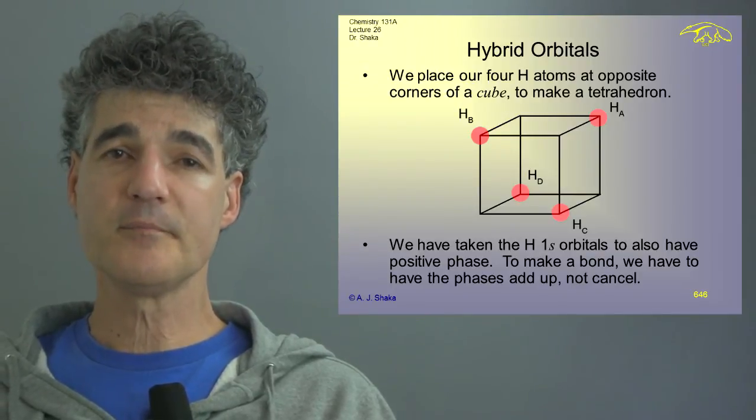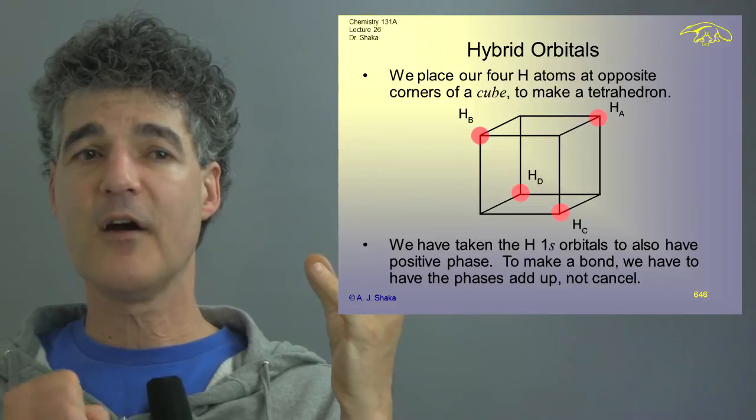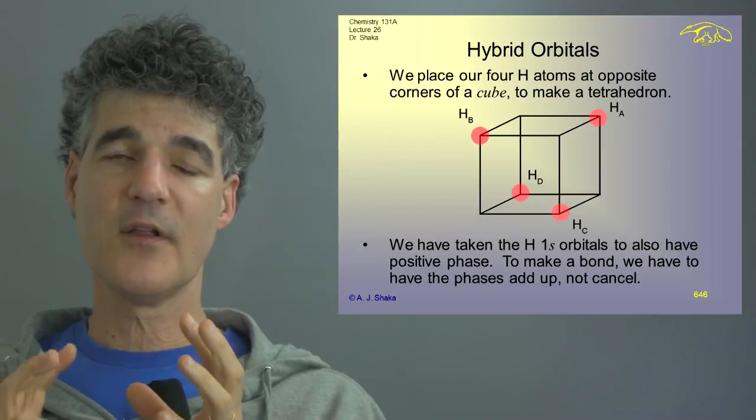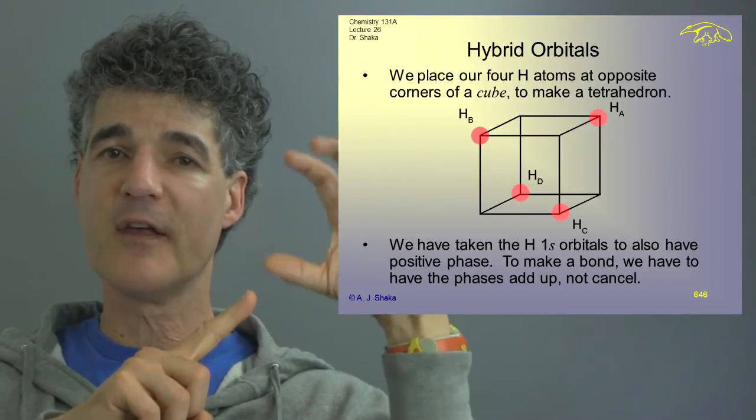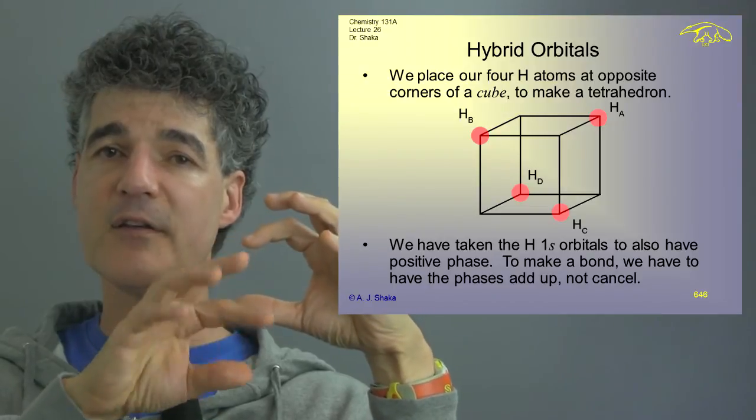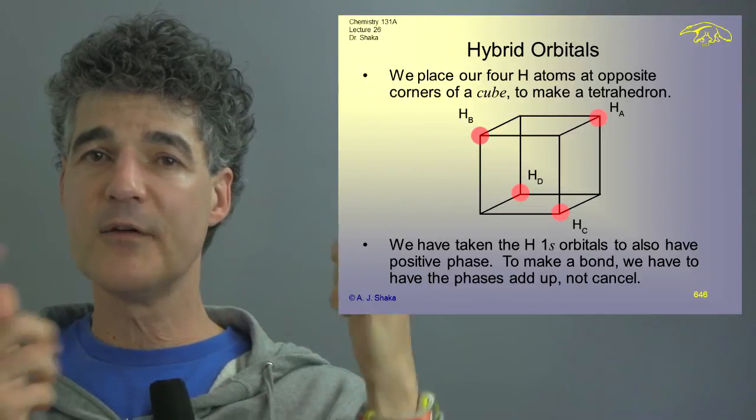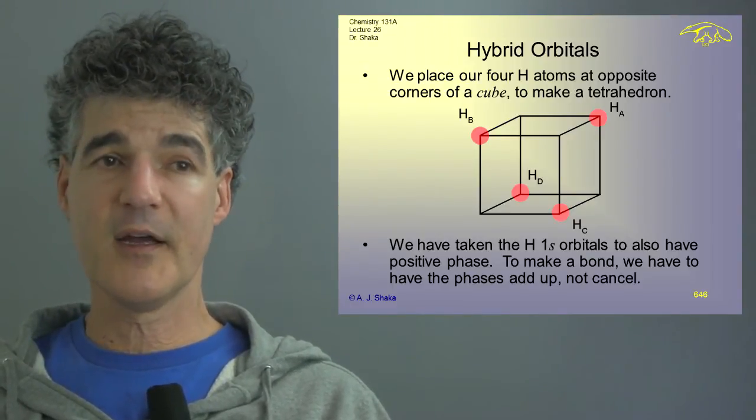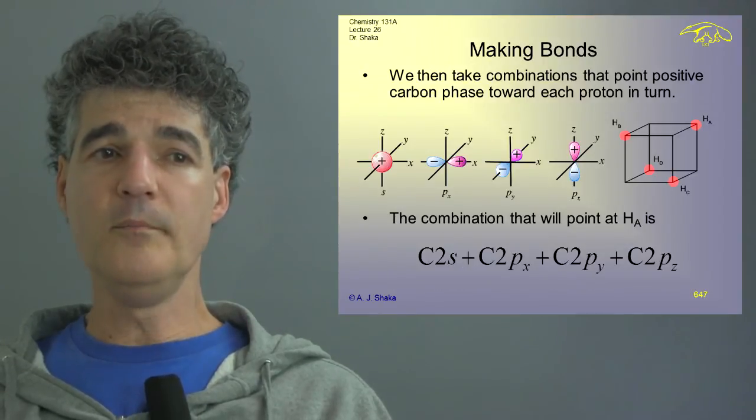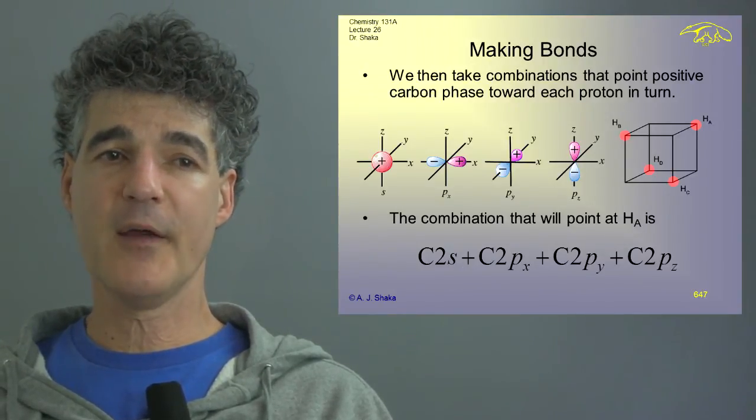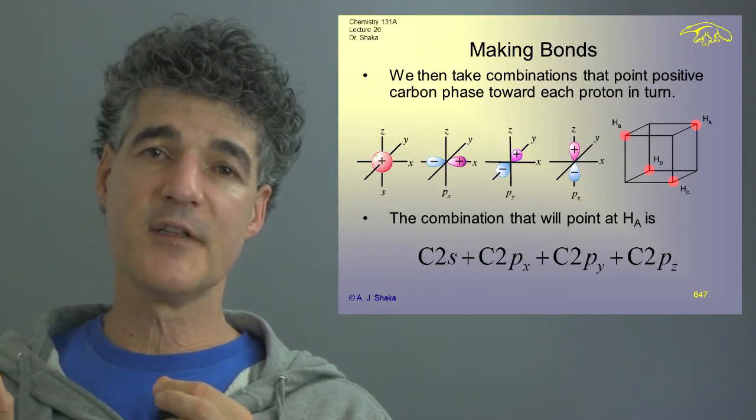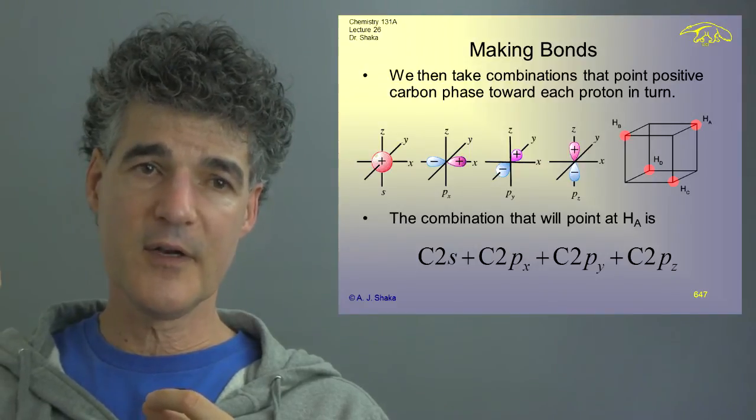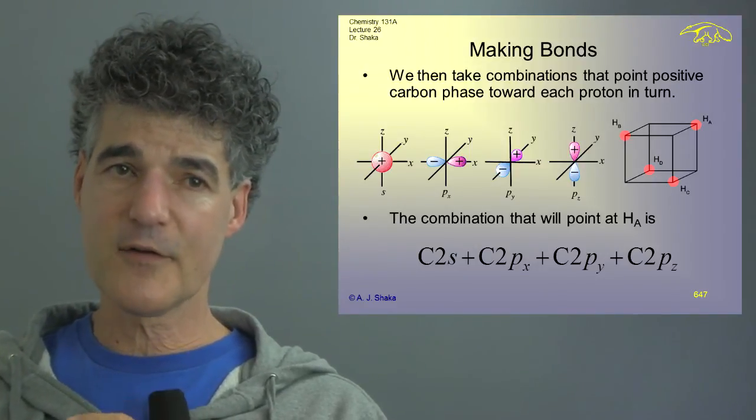Now, to make a bond, if the hydrogen's red, the carbon's in the center of the cube, what I need to do is take a combination of those guys so that I get a red thing pointing at the red thing that's the hydrogen. Then I know they can constructively interfere and 2 electrons can slot in there and I can get a bond. And that's the idea then behind the hybrid orbitals. So what do we want for HA? Well, HA is 1 unit in X in the positive direction, 1 unit in Y in the positive direction, and 1 unit in Z. So that's the first hydrogen,